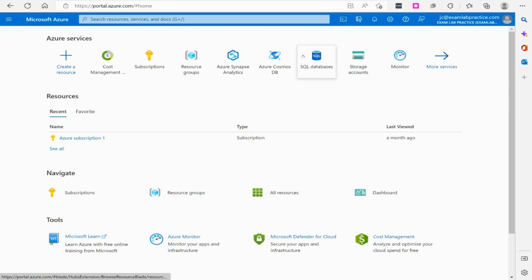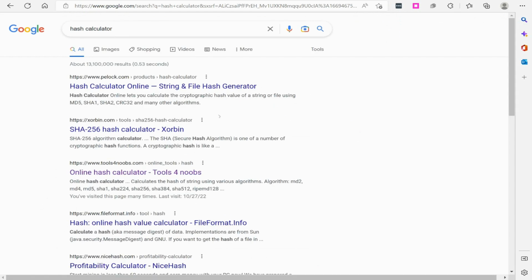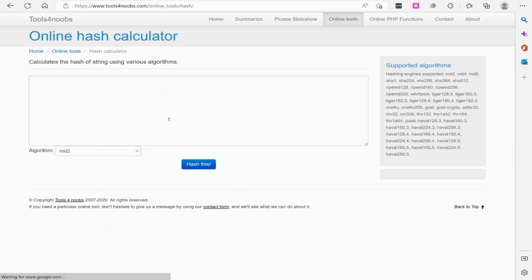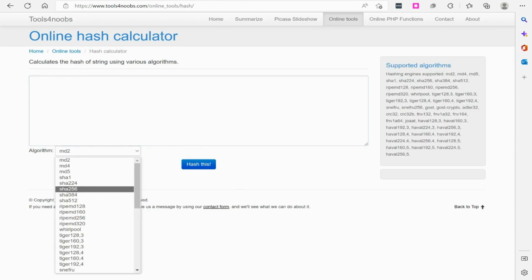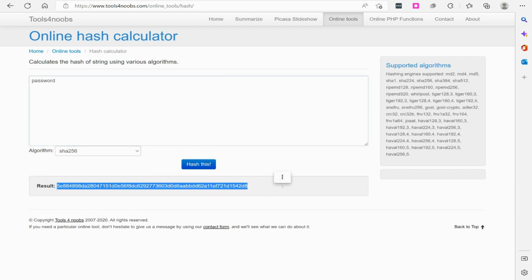If you're not familiar with that concept of hashing, let's just do a quick Google search of, like, hash calculator and pull that up real fast. Here's a funny one. Tools for noobs. Online hash calculator. So what is hashing? Here is the general algorithm that's being used nowadays for passwords. It's called SHA-256, and when you put a password in, like the word, let's say password, and you hit hash this, it generates this thing called a message digest code, and your password is stored in their database using this